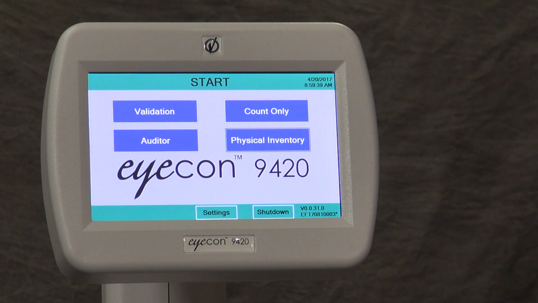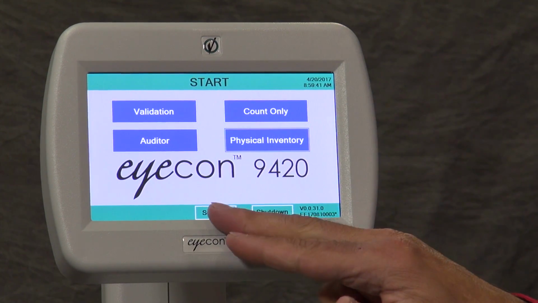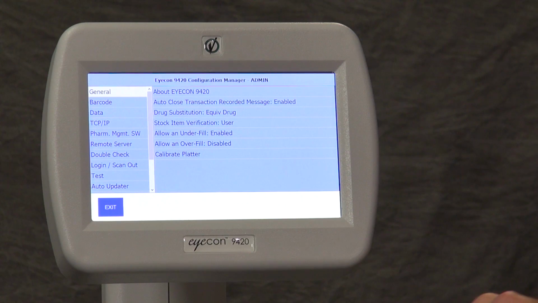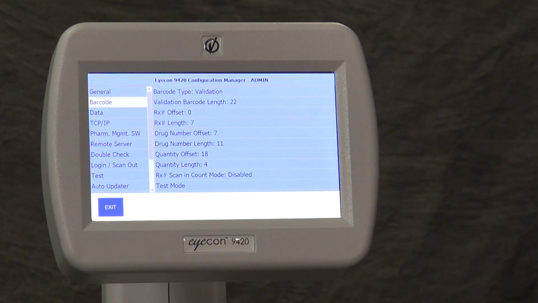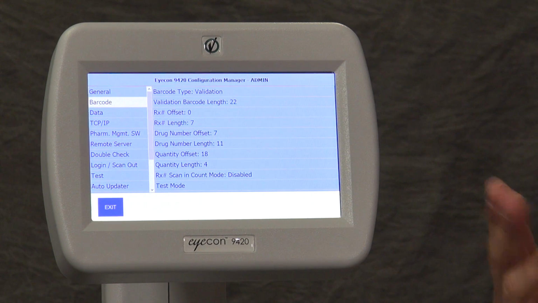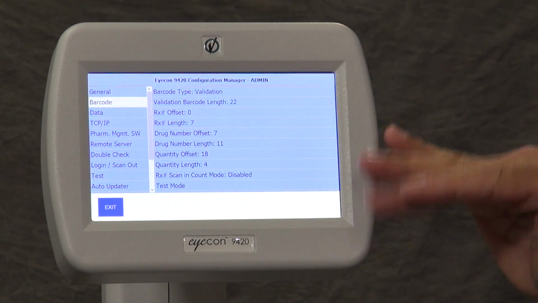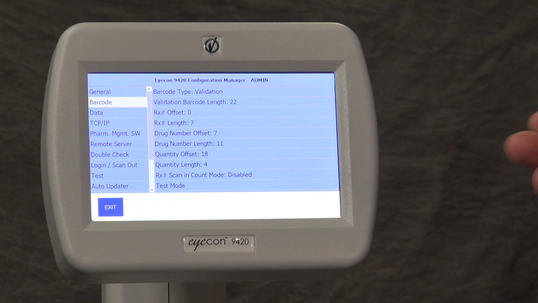of the settings menus to explain their usage. So if I select settings menu, skip login, and I'm going to advance to the barcode tab. In the barcode menu, there are all the selections to define how your barcodes are intended to be used while